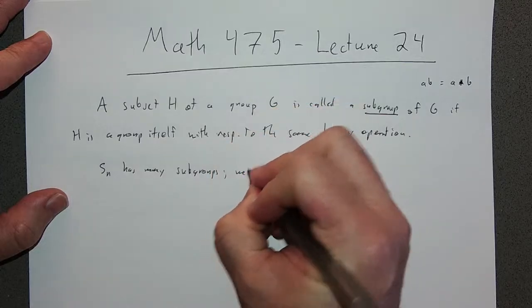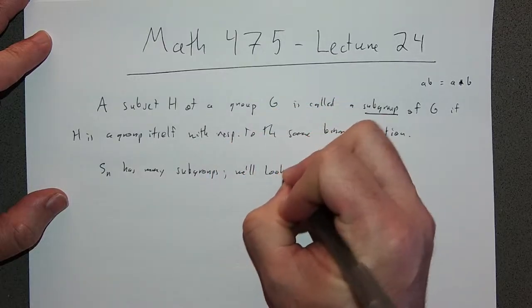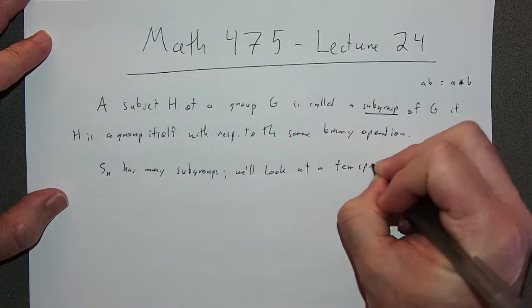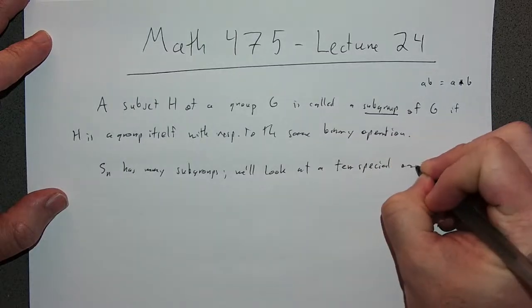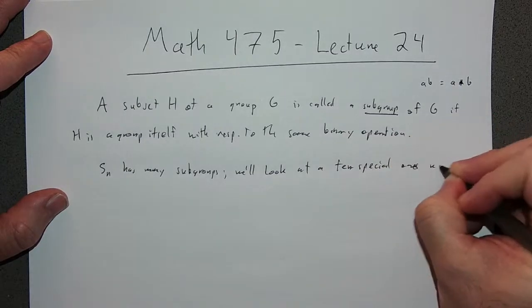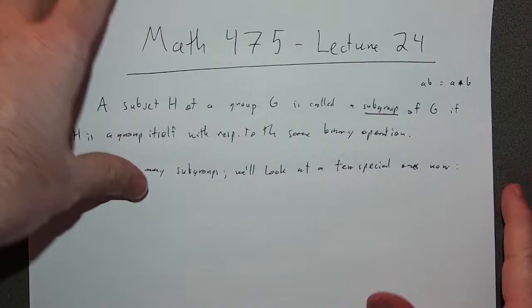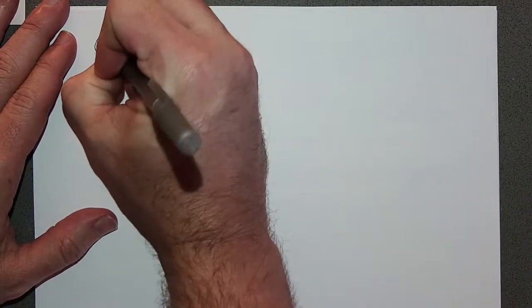We'll look at a few special ones now. What should I say here? Textbook doesn't mention this, but maybe I'll go ahead and say this just because. It turns out